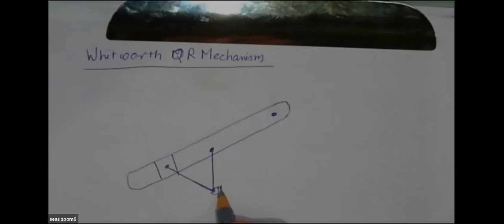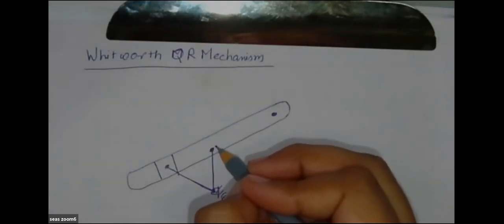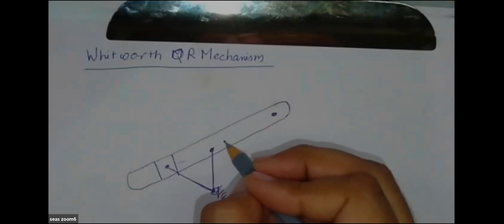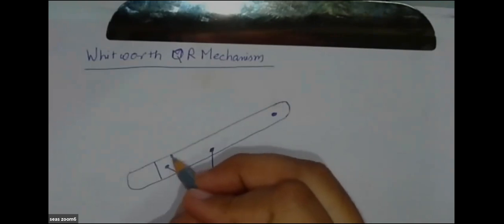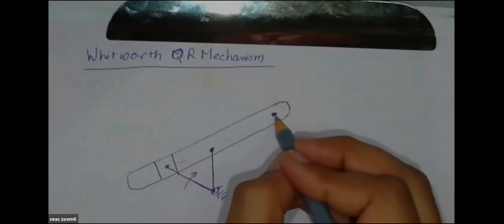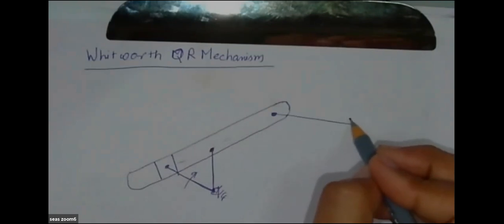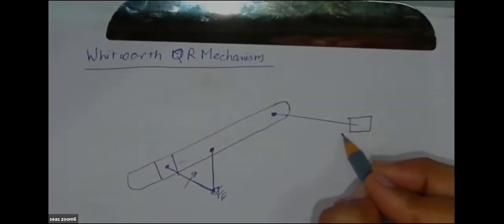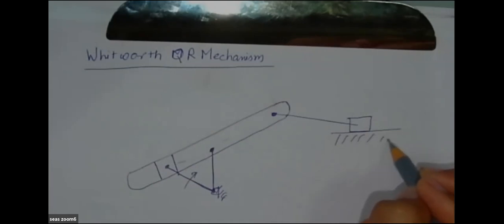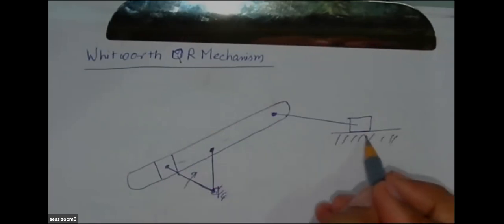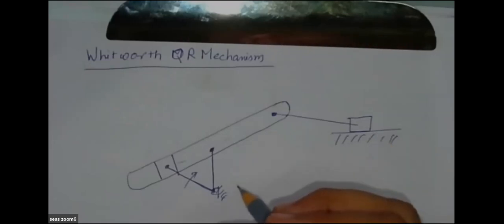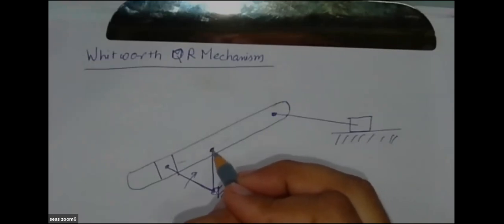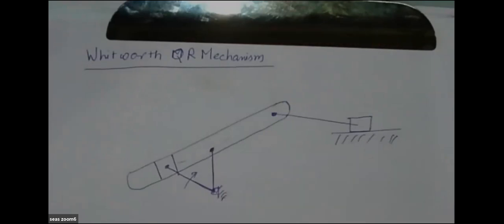Okay. So this is also fixed, this distance is also fixed, this rotates, and when this rotates, this point remains connected to the cutting tool. So when this crank rotates, this cutting tool moves from this point to this point. So I will just show another video where I can.